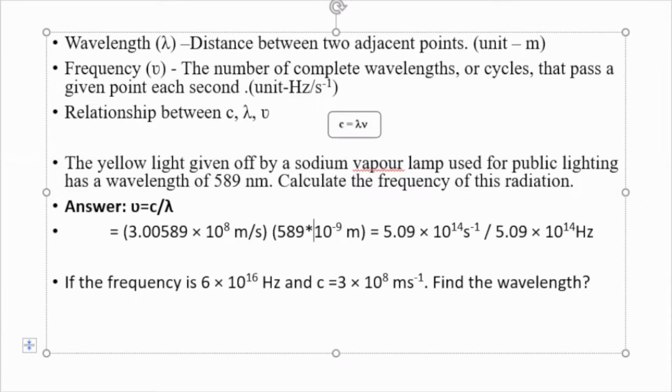Then when we solve this equation, we get 5.09 into 10 to the power 14 per second. Per second is also equal to hertz. Hertz means the unit of frequency. So you can indicate it either by per second or hertz. Answer. Okay, then guys, you need to